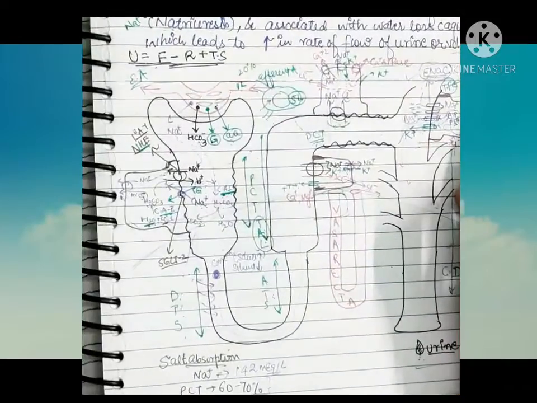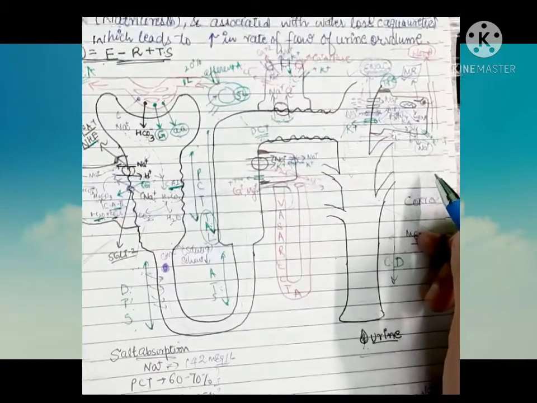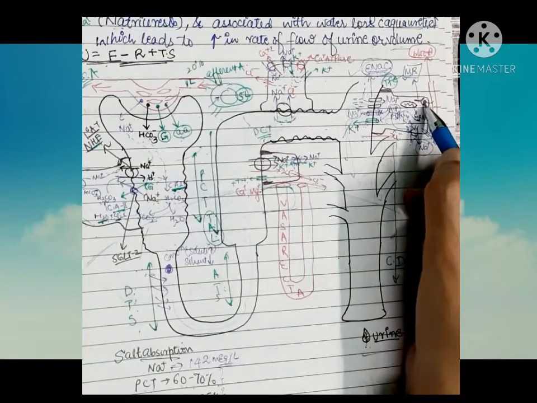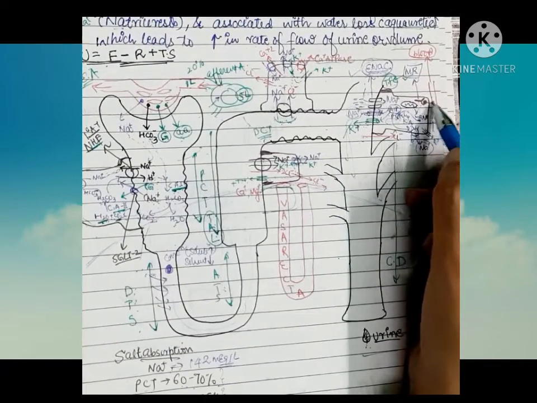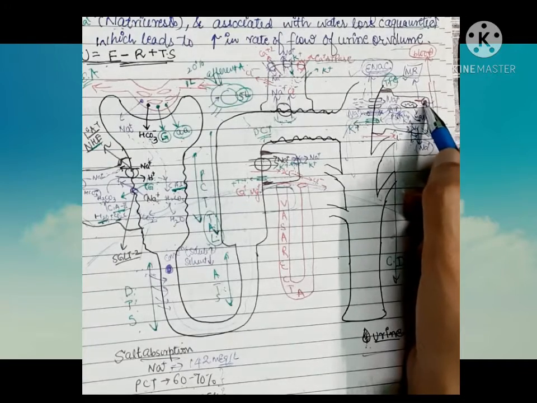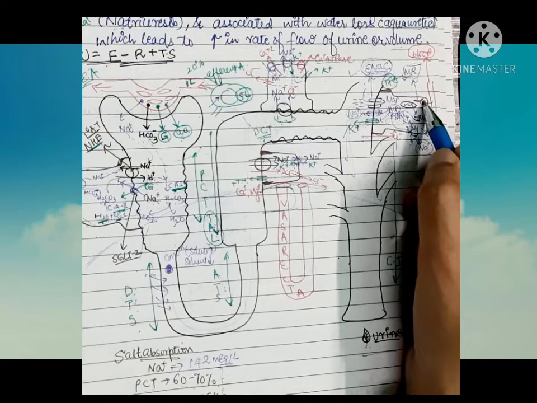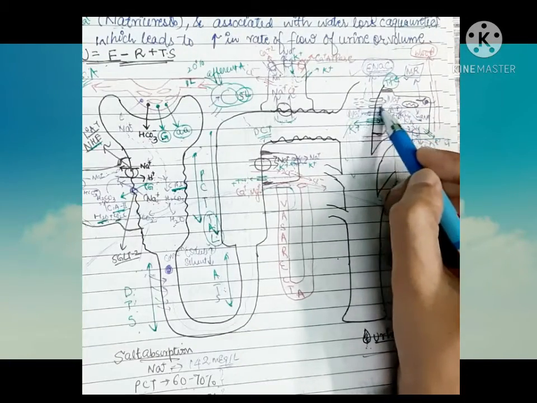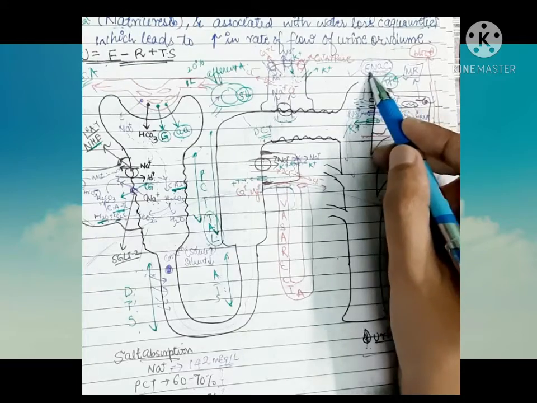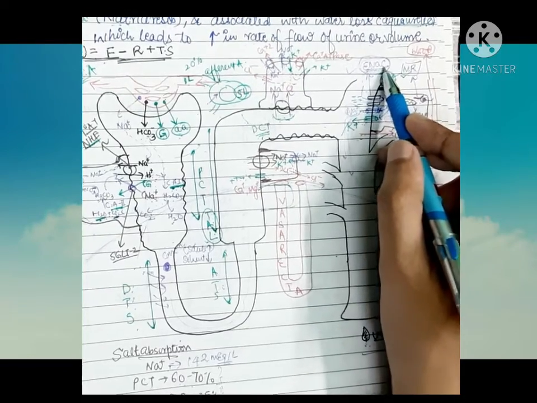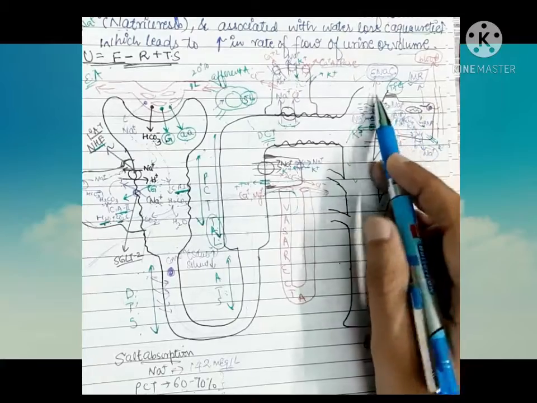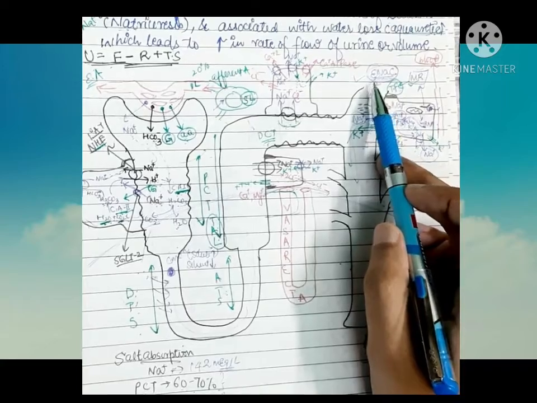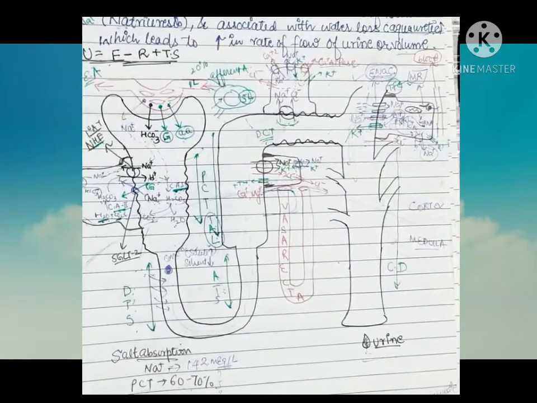Let me zoom in. This is the site where the aldosterone receptor acts, where the aldosterone has to bind. The potassium sparing diuretic, which is the aldosterone receptor inhibitor, will bind here and displace the aldosterone. And another one will be the ENaC inhibitor. This black transporter is the ENaC channel, the epithelial sodium channel. So this is the mechanism of the potassium sparing diuretics. There are two mechanisms. First, it acts via the blood side, the basal side. Another acts via the luminal side.